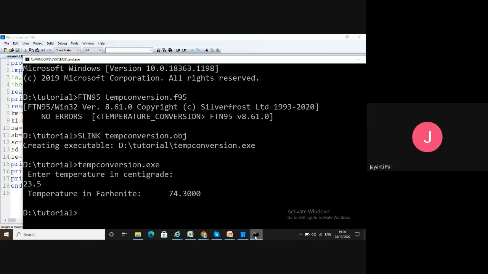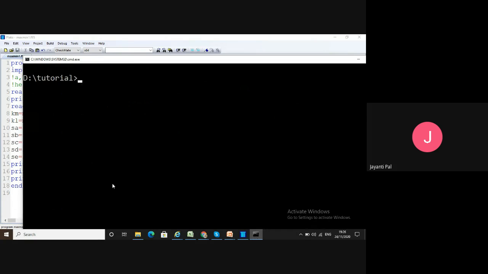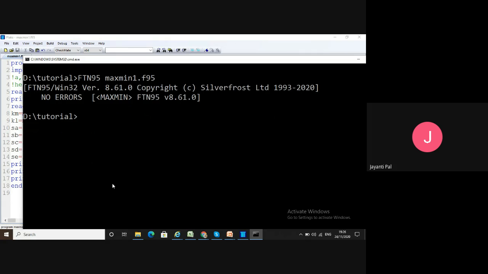First, I have compiled this. So here I have shown you that there is no error, and so I'm moving to the second step, that is to link and to create an executable file.